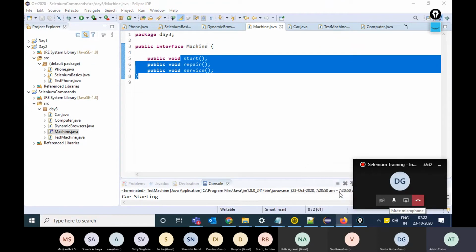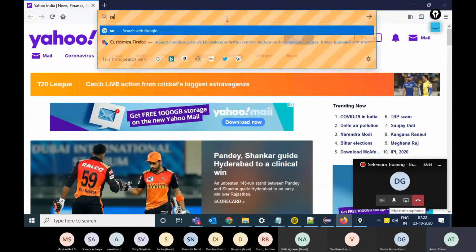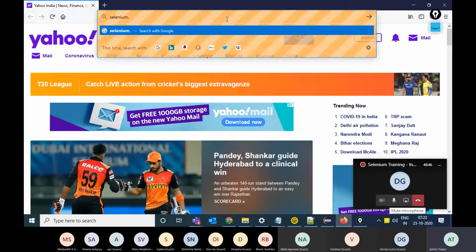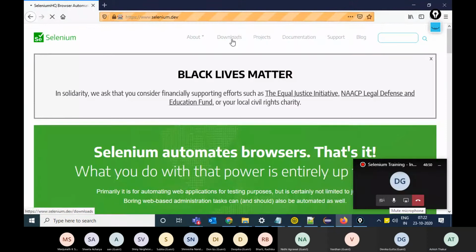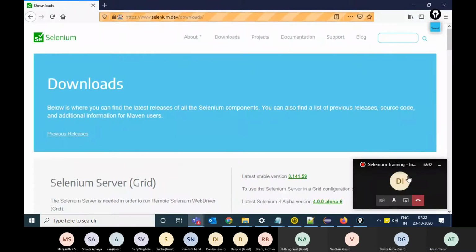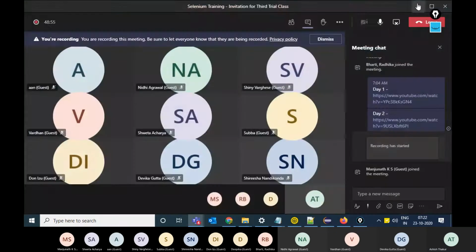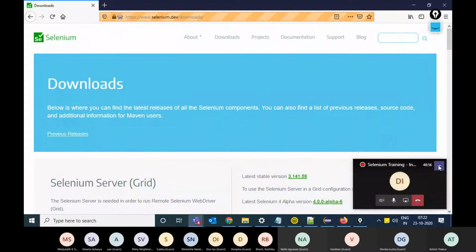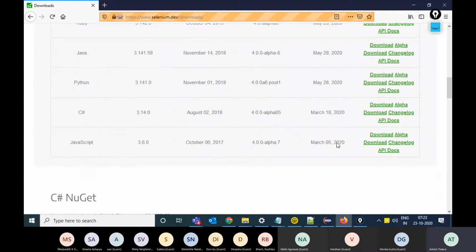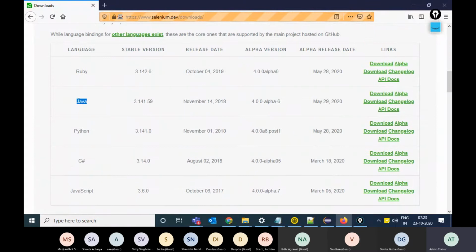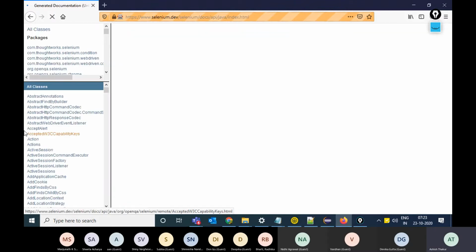So if you go to the official documentation of Selenium, selenium.dev, under Java, you will see the API docs. So you open the documentation.